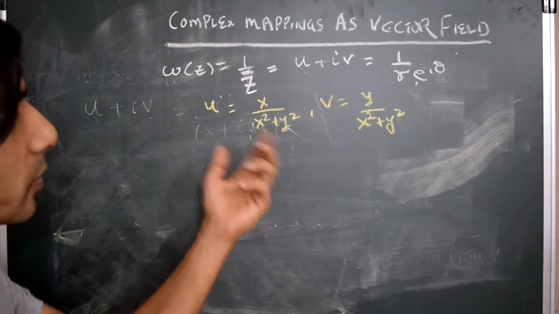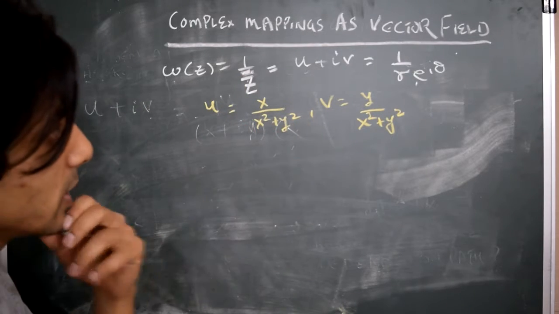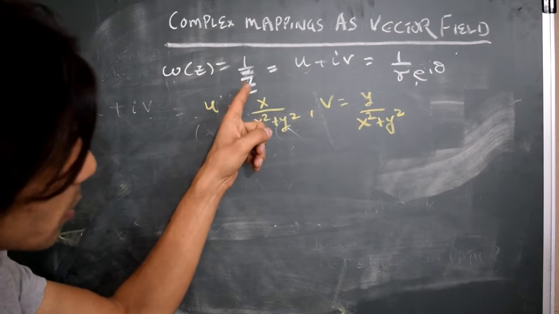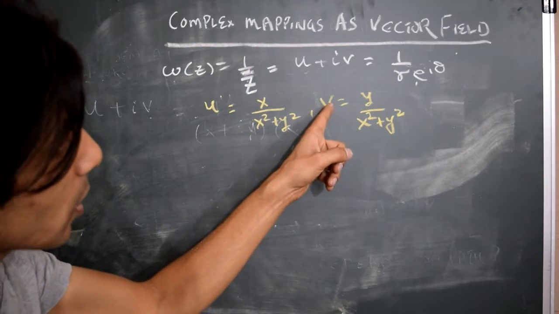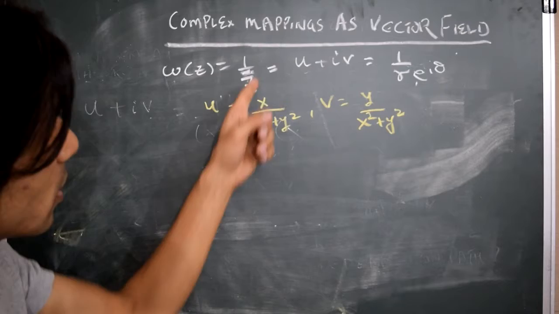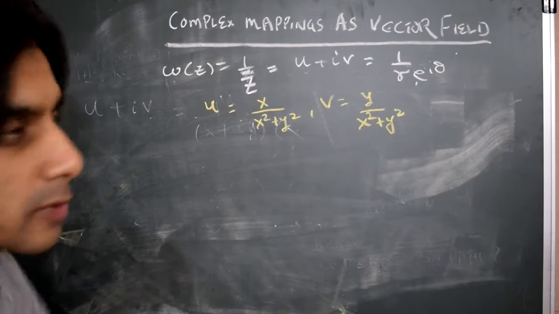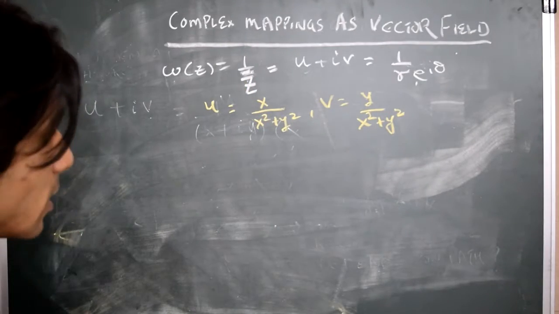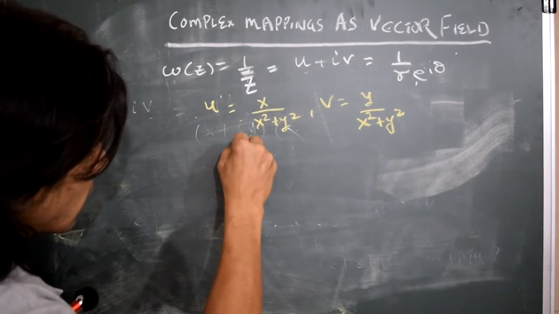And the difference between 1 over z bar and 1 over z in terms of the vector fields is that 1 over z had a v component which is negative of y, whereas 1 over z bar has a v component which is positive of y. And this yields a very different kind of a vector field that looks very different. So in this case,